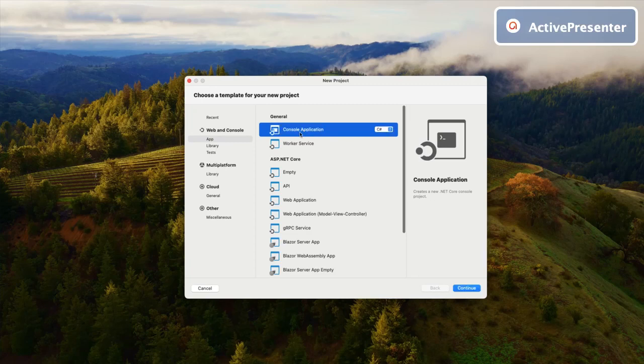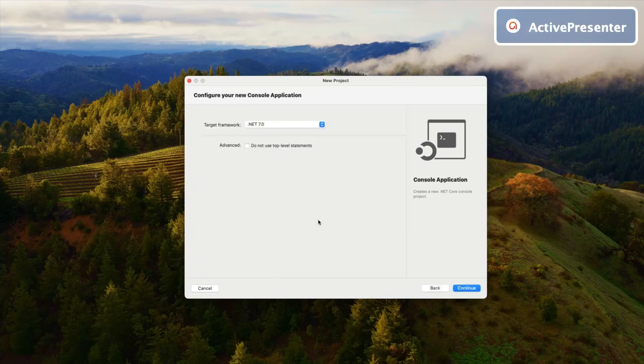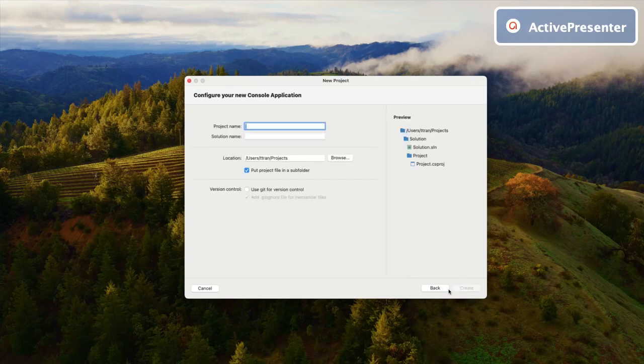So click on here, and if that's not C#, you may change it into C#, and then click continue. All right, so the target framework is going to be the highest one, so 7.0. We're going to skip this one and continue. All right, so now you can name the project. I'm going to name it Hello World,